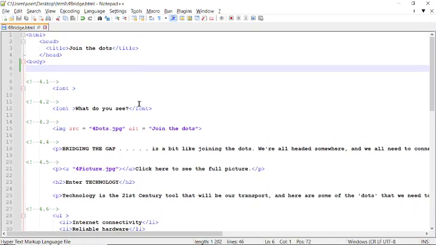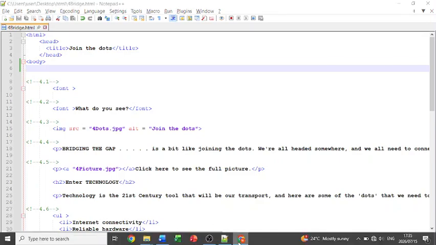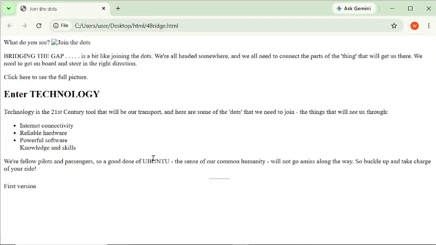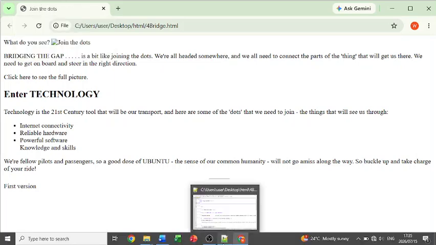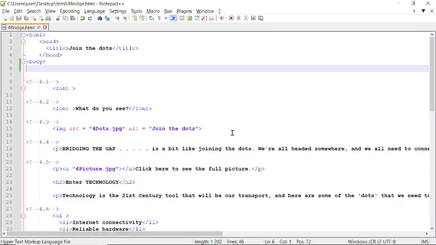Now, in tomorrow's test, I will put comments here saying this is where 4.1 is, where 4.2 is, and so forth. However, there is a few things that I need to show you today. Our first step is we are going to make it so that when you are in this web page, you see here at the top it says join the dots. However, I want your name to show there.